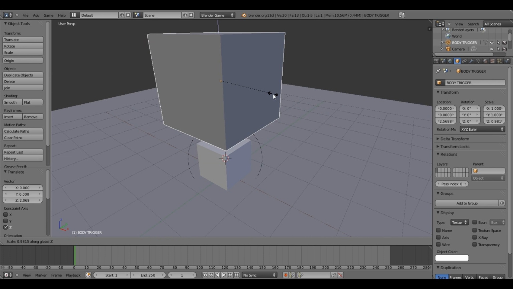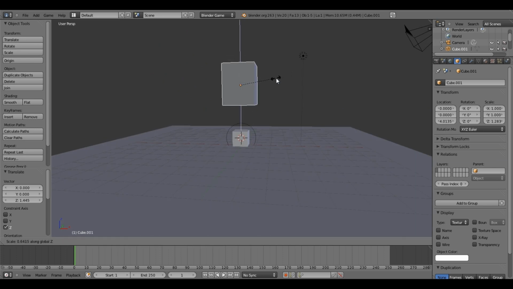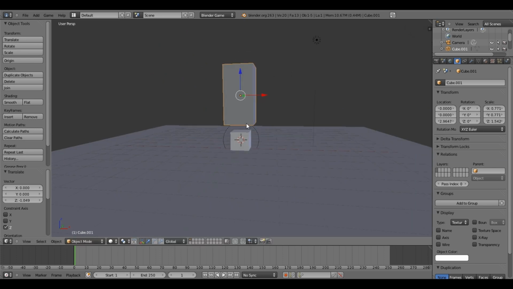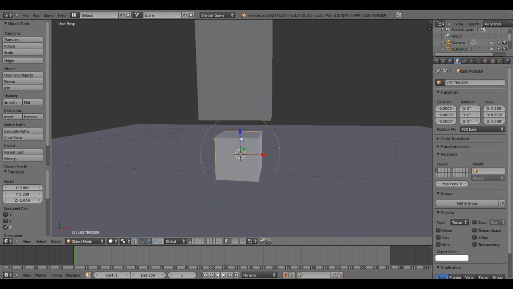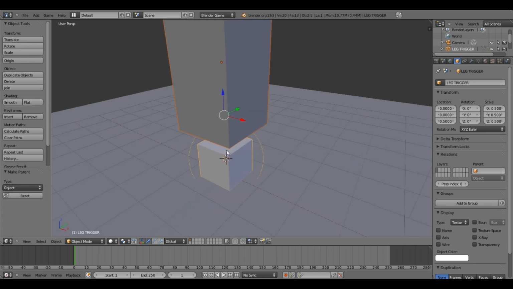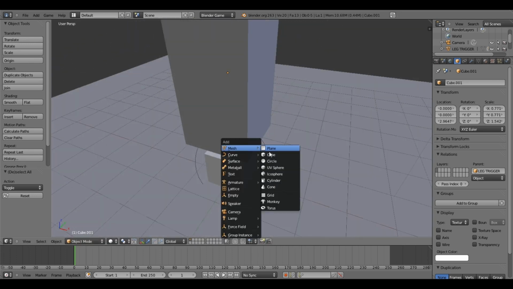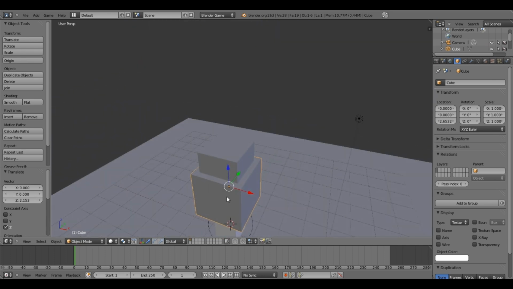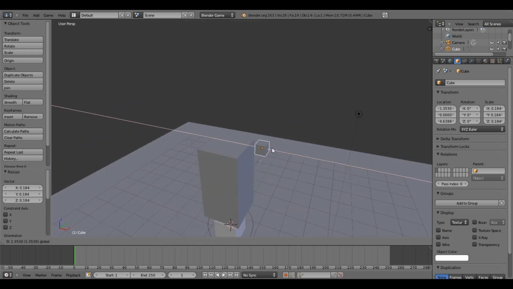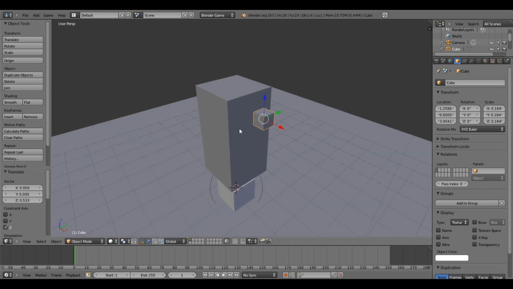And let's press S, C2, so that it scales to 2 on the x-axis. And make this the body, then shift and click the legs and Ctrl P, so that whenever the legs move the top follows, but if the top moves the legs don't. And now we need to create another cube, which is going to be our head, and I believe we can just put it over here. Oh wait, I think it's over here. Yeah, that's where you want to put it. And now click that, shift, the body,